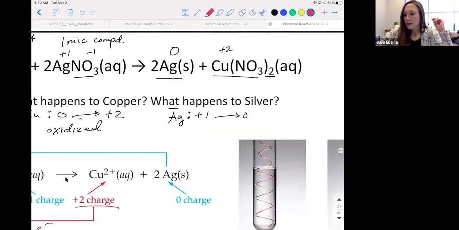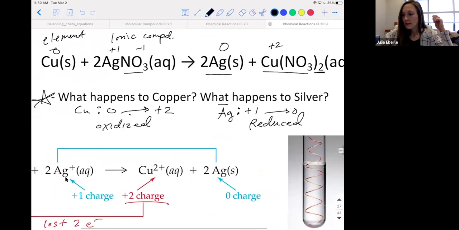Silver is going to be the opposite. Silver was reduced in charge. It was a +1, then it went down to 0. So this is reduction. So copper is oxidized, silver is reduced. And that's exactly, if you were noticing the things down here, it's a +1 on the reactant side, it's a 0 on the product side. And so it gains